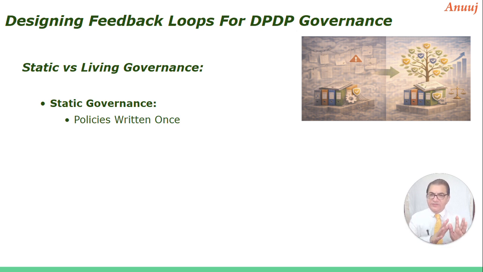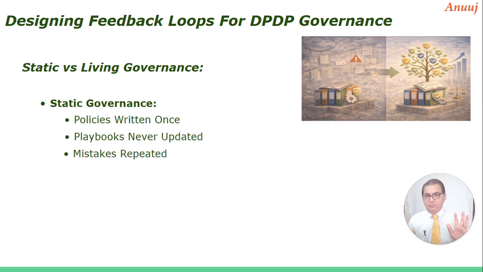Now we are talking about privacy. We have written the policies. We have asked people to implement them. We have created the playbooks. We have asked them to use them. What is happening? New things are coming up, new scenarios are coming up. The privacy domain is still evolving to a large extent. So mistakes are being repeated because we are not looking at the evolving areas. We are just looking at done.